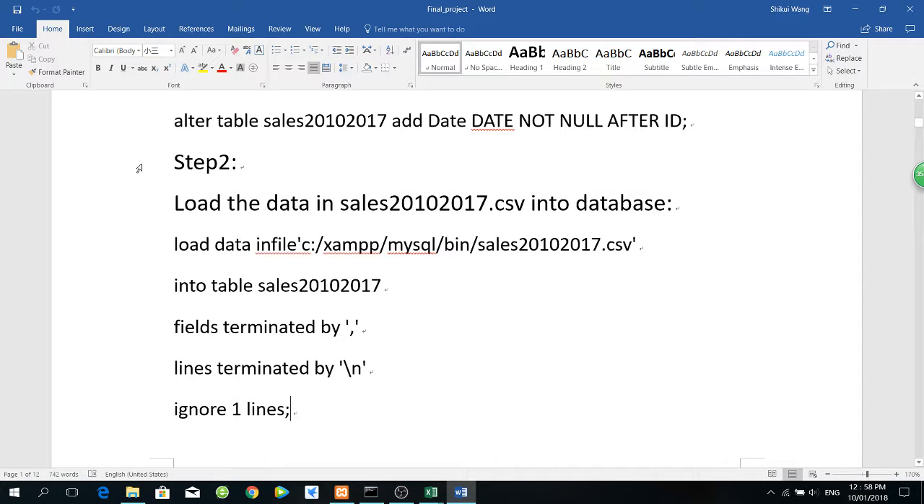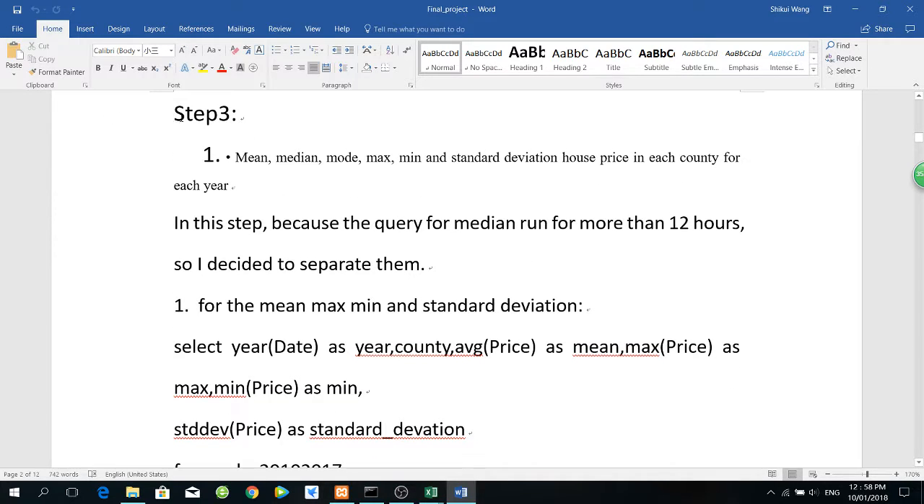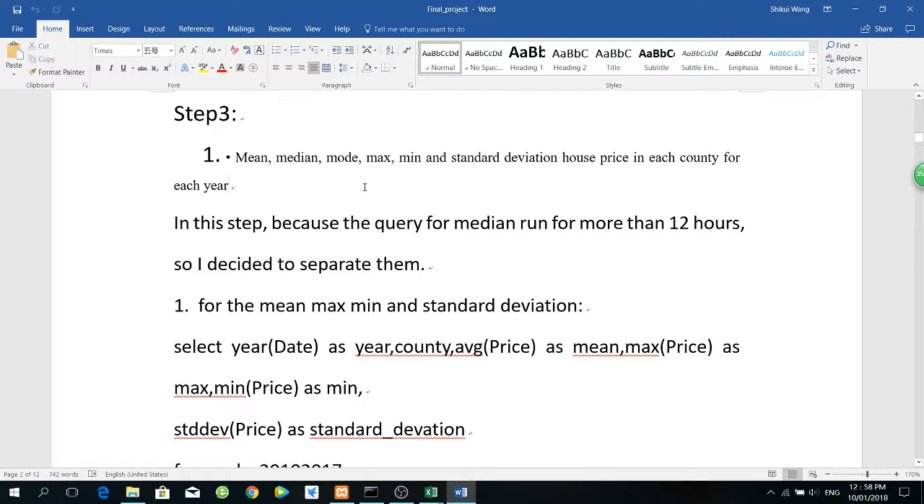And the second one, step two, would be to load the data into that table. So this is the query to do that. And next, step three, question one, for the mean, mode, max, median, and standard deviation. For this, I won't go into detail, because the median and the mode really cost a lot of time. It cost me 12 hours, almost 13 hours to get that median. So I separated it,